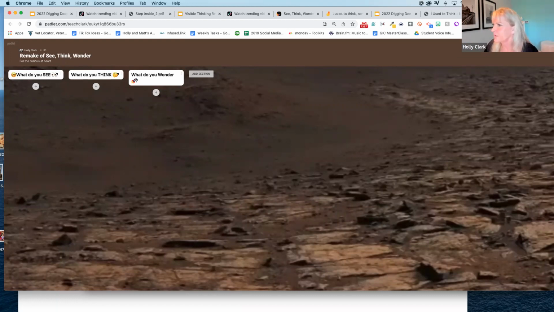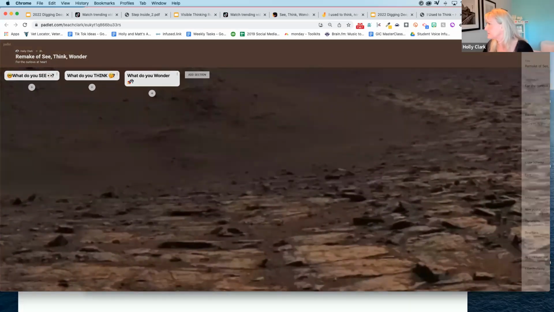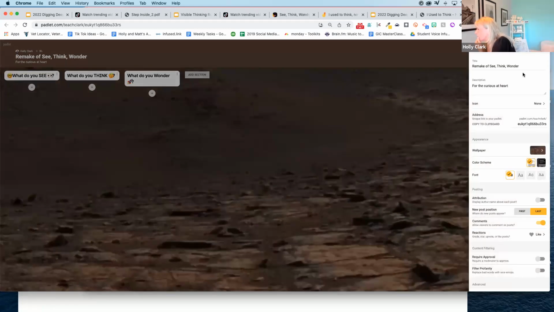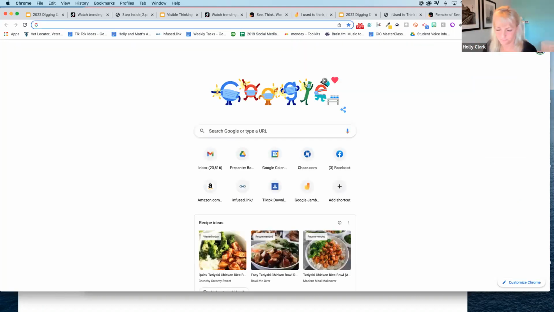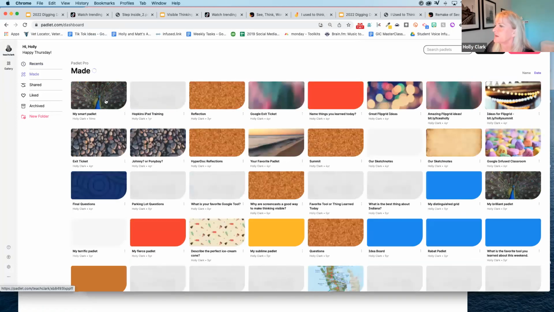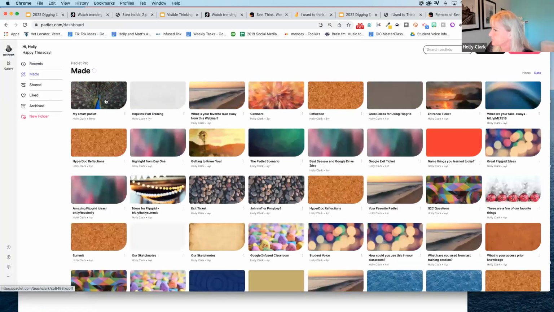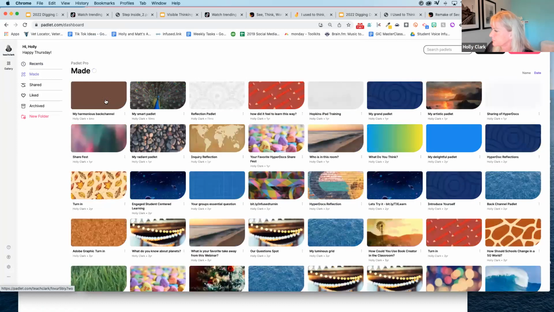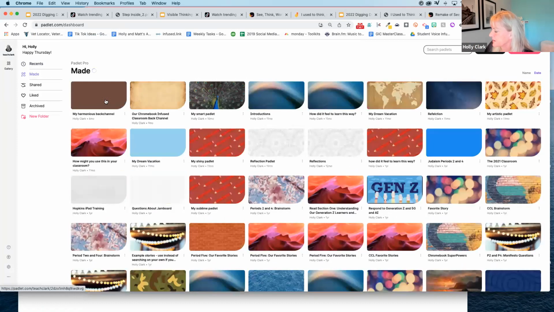So I hope I'm on the right one. I think the sharing settings need to be tweaked. Yeah. And you know what? I remade it from the one I used 2 days ago. So let me change that. Let me just give you the other one. You're going to see what other people put. And it has a lot of the I see dirt on it. I have way too many.